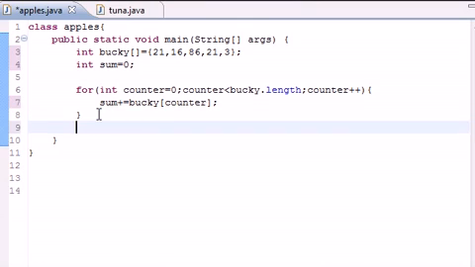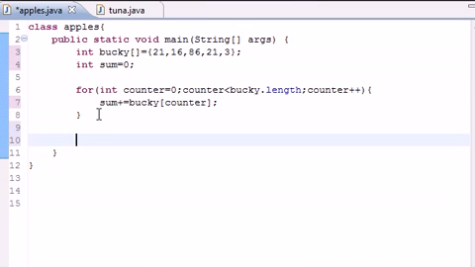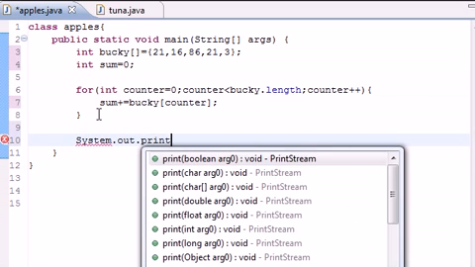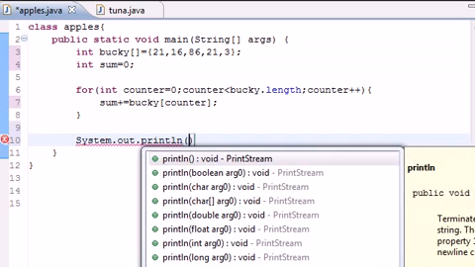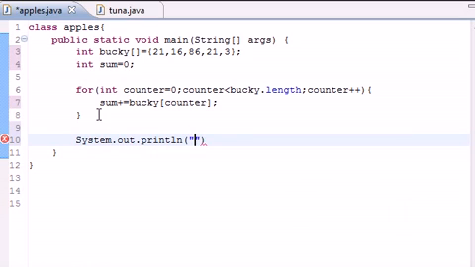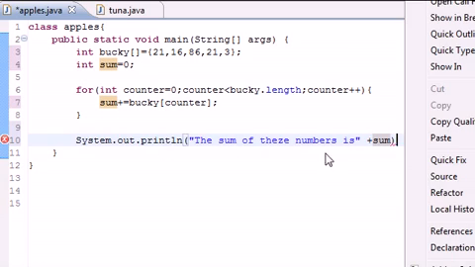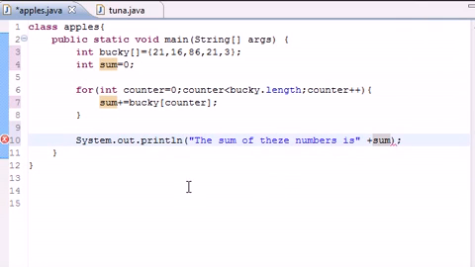So then, once we have all that, all we have to do is output it on the screen. So let's go ahead and put System.out.println, or whatever print you feel like using. And then let's go ahead and write the sum of these, might as well spell it like that, numbers is, and then let's go ahead and write our sum variable, and this should be it. Hopefully it works. There we go. And let's go ahead and run this,